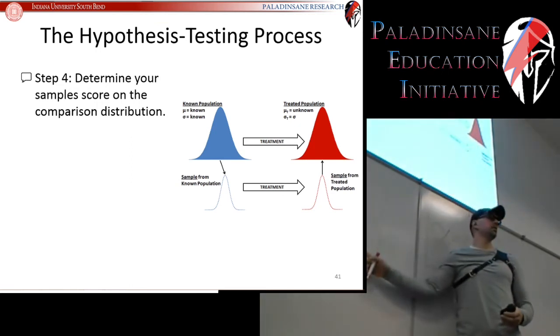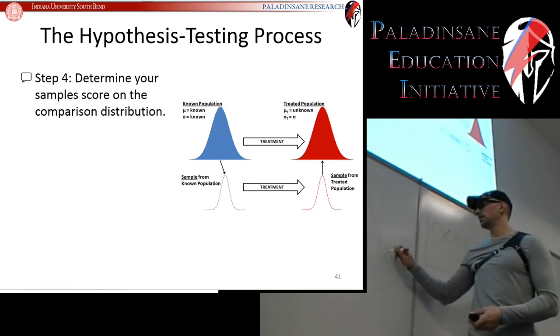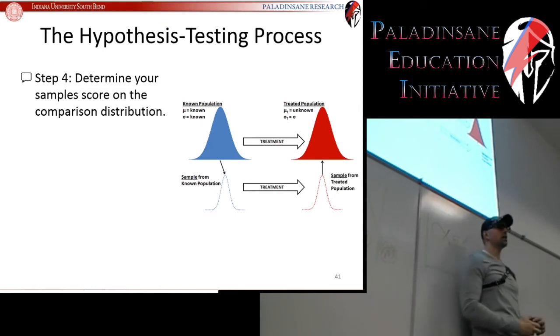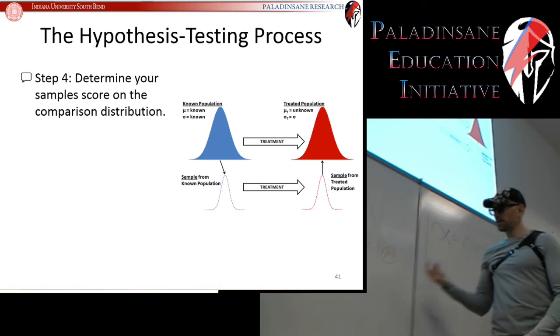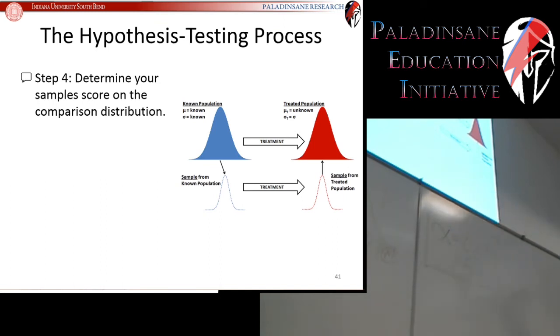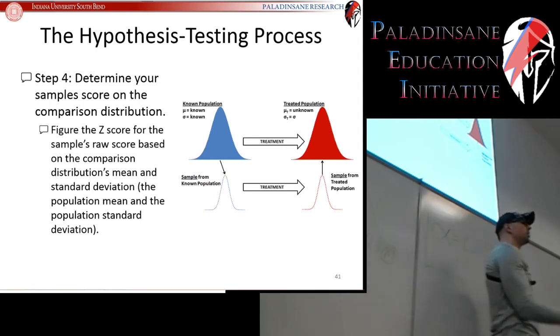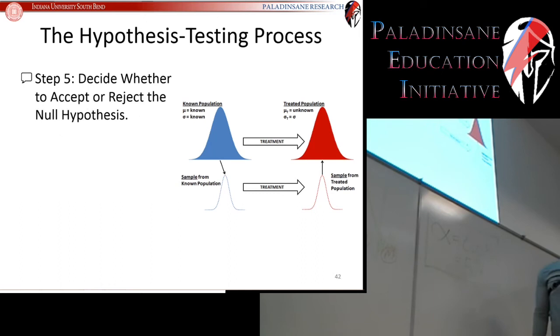So our sample mean is either going to be somewhere in the body, or our sample mean is going to cross that line, like a disobedient child is going to cross that line, and it's going to go into the critical value. Step 4 is about finding out where it is on that comparison distribution. So we're going to do that by using z-scores. So z-scores are going to be the way that we can access that table so we can find out where our sample score is. And then finally, once we do that, step number 5, we decide whether to accept or